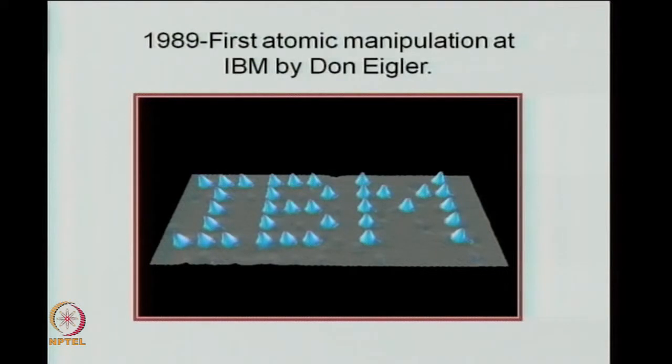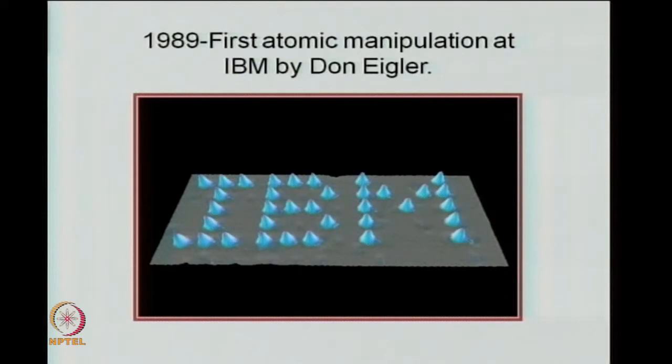This is a picture of the first writing using atoms done by IBM, where they could manipulate atoms, and this is really what we call the ultimate of nano engineering, where you can move atoms at your will and place them at your will. So, this IBM logo, which is written here, is made of xenon atoms, the blue ones you can see. They have manipulated xenon atoms on a nickel surface,